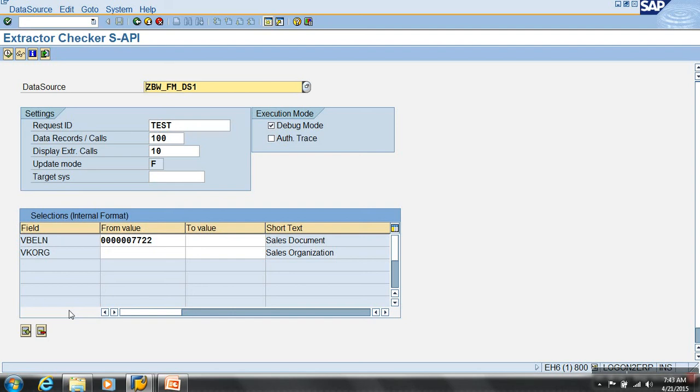One second. In the interview, they will never ask you to write code. First thing is they ask, did you work with generic extraction? What do you say? Yes. And then what did you work in? Before you are asked, you should say, I have worked with generic extraction function module and table and view or InfoSet. Then his focus will be on function module. So did you work with function module? Then you say yes. And he will not ask you about the code. He might ask you two cases. One is what was the scenario you wrote the function module for, and then he can get into technical.